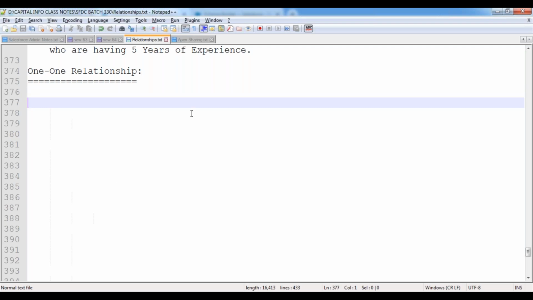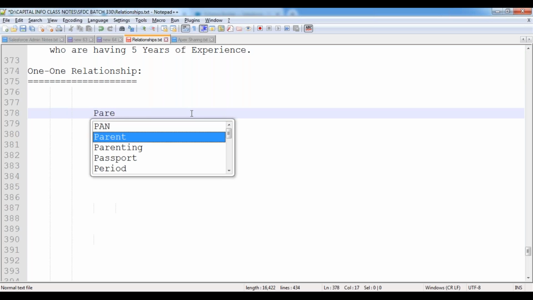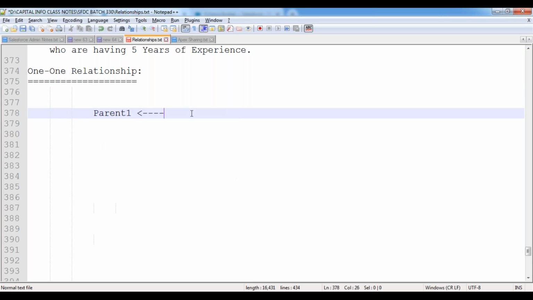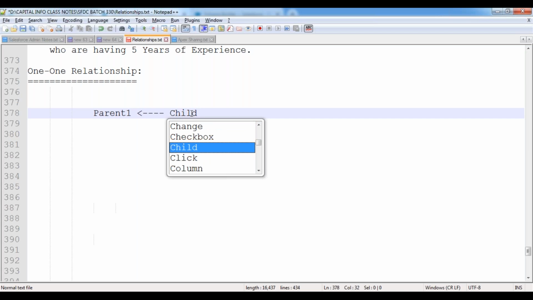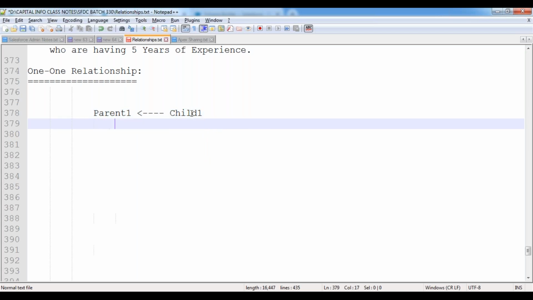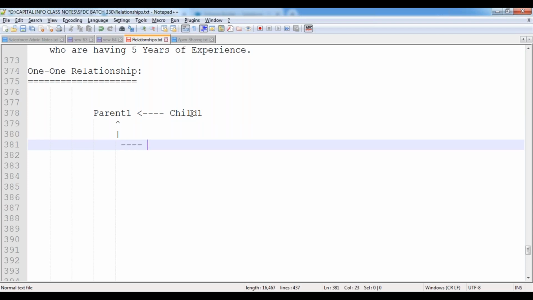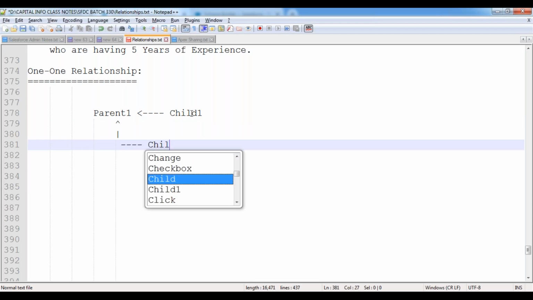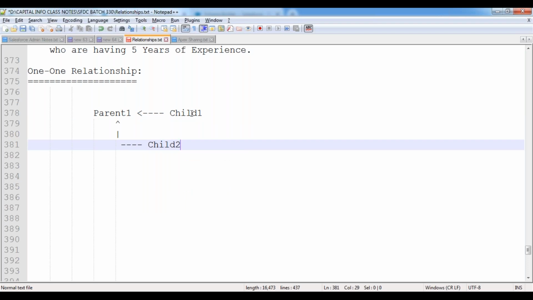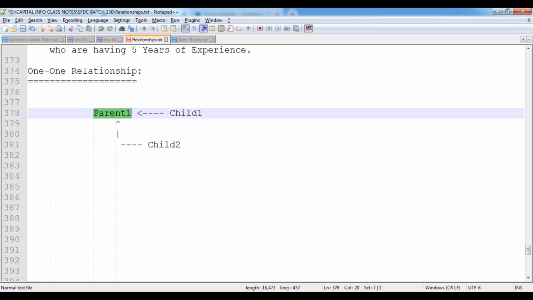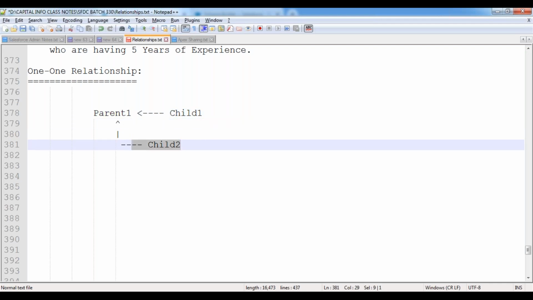Suppose I have a parent record, parent 1. For this one, I have added child 1. Now, for the same parent, I would like to add another child, child 2. Whenever we add child 2, first I want to verify how many children are available for this parent. Do we have any children or not? If it has a child, how many? Already it has 1. Then the second time you try to create one, I should not accept this record